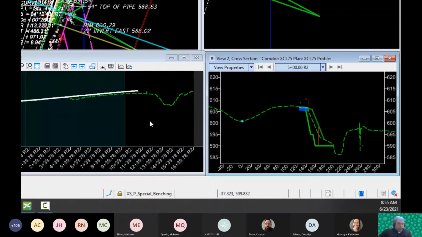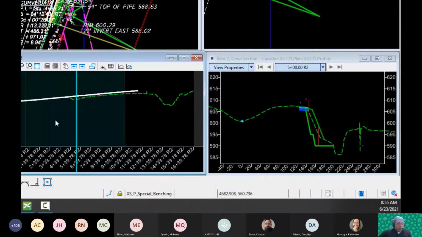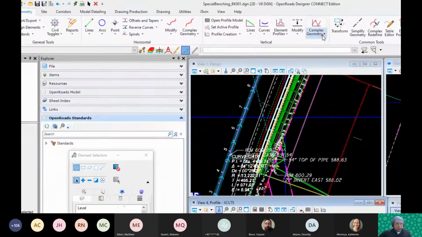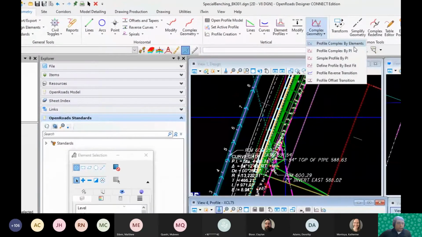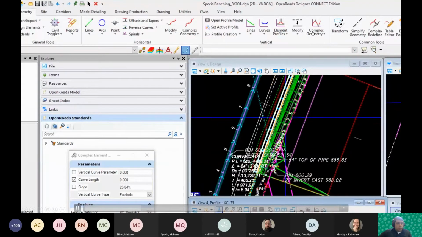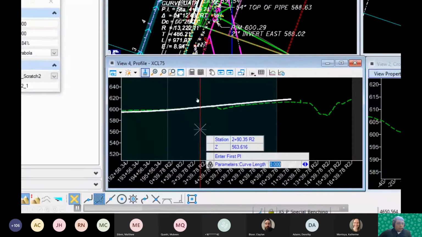Or if you need something a little bit more, I guess, traditional or set in stone, you could just create a couple temporary cross section drawings, and then use those. Then you can do all of your migration tools with that. But coming back over to the vertical tools, you could do that complex by PI with Civil AccuDraw, and